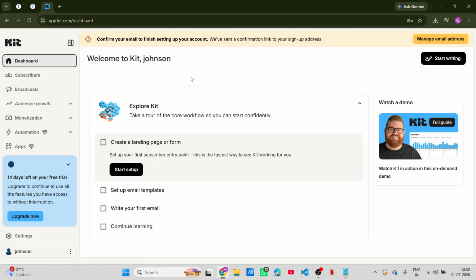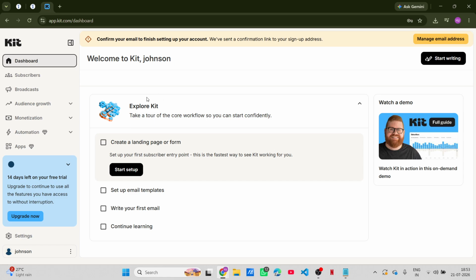Now let's dive right in. First, for those who might be new to ConvertKit, it's a powerful tool for email marketing that helps creators like you grow their audiences. One of its standout features is the landing page builder, which allows you to create beautiful, high-converting landing pages without needing any coding skills. So, whether you're launching a new product, building your email list, or just trying to gain more visibility, landing pages